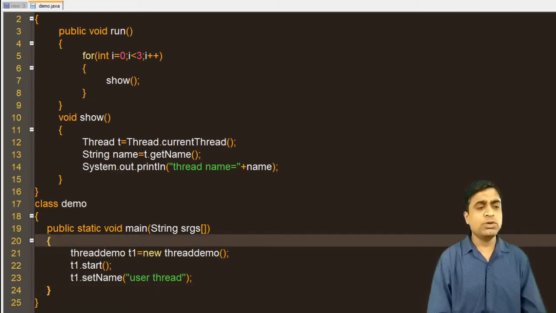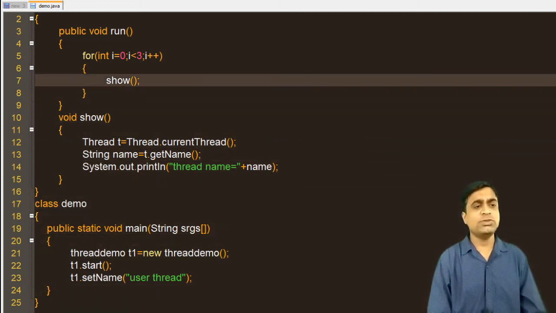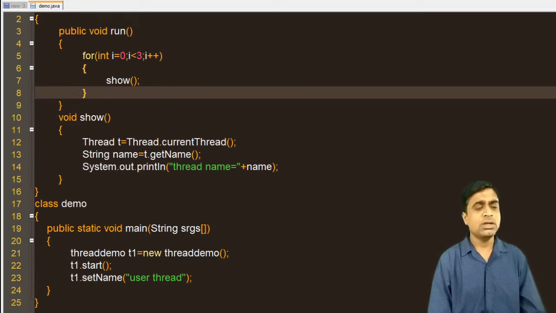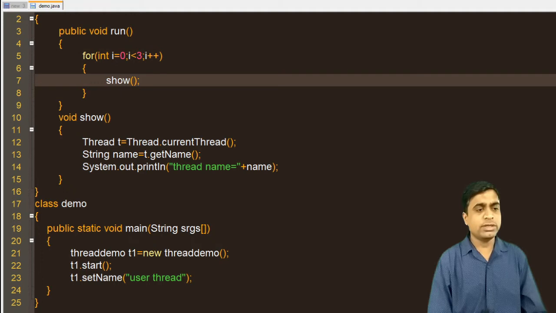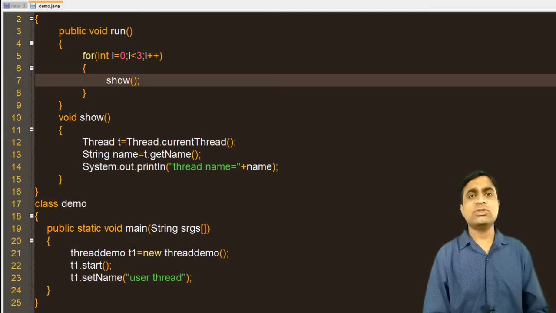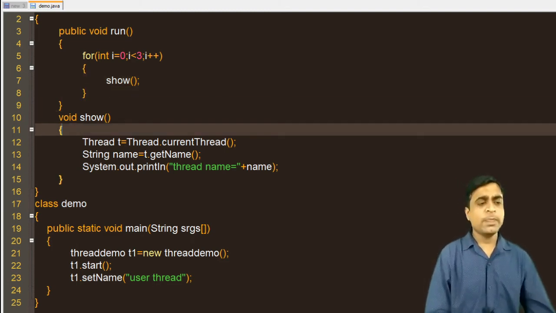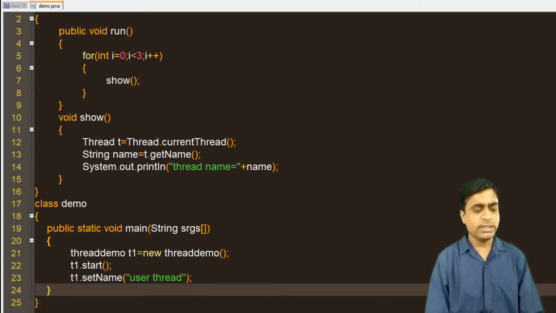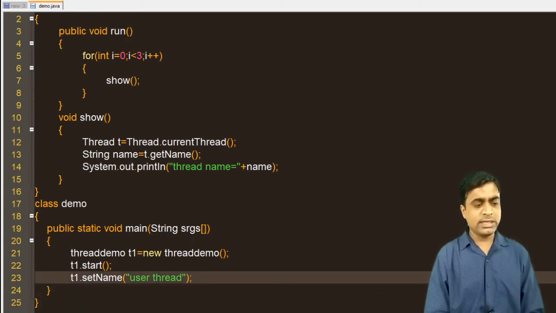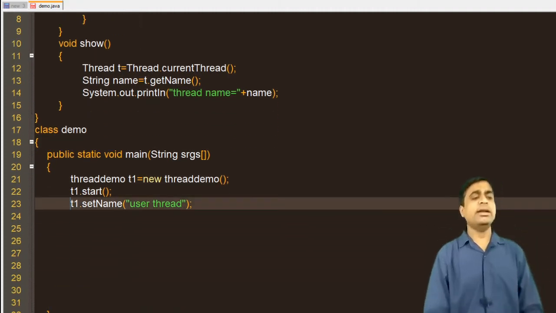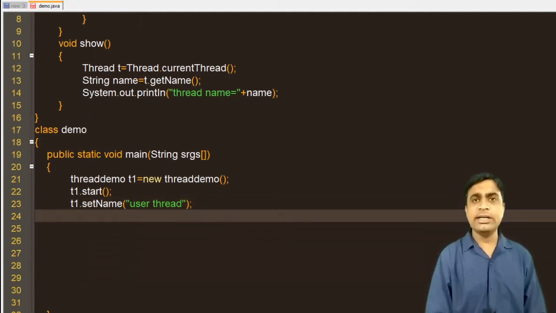Now suppose you want to use a concept that is called sleep. But before I start the sleep method, let's explain the join and isAlive methods. Because the code is the same as getName and setName, we don't need to write the code again and again. So let's just add some code for the line called isAlive. Here I have already set this name.